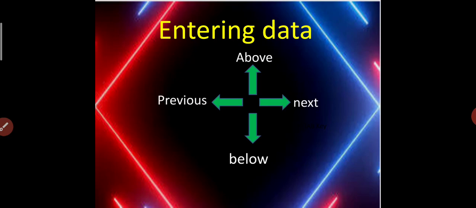So using these arrow keys you can easily move your cursor to the next cell, previous cell, one cell above or one cell below. While entering data in a table, use these arrow keys to move your cursor easily to other cells. Okay, remember all these four different arrow keys and their importance while entering data in a table.